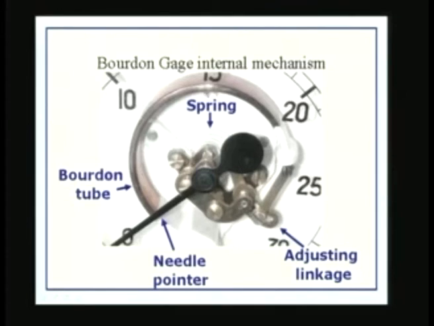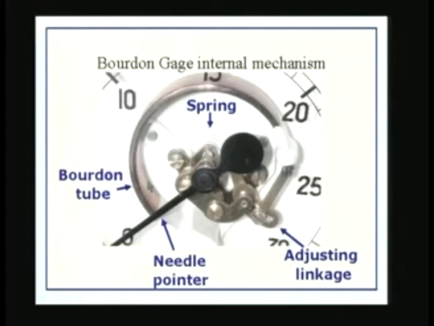Essentially it consists of this Bourdon tube, which is fixed at one end, and then it is connected to a linkage mechanism. It is not very clear here, but in the next sketch I am going to make it more clear. It has some arrangement by which it is going to move a rack against a pinion, and the pinion is connected to the shaft of this needle pointer, and there is a spring. So, the spring is going to resist the movement of the Bourdon tube.